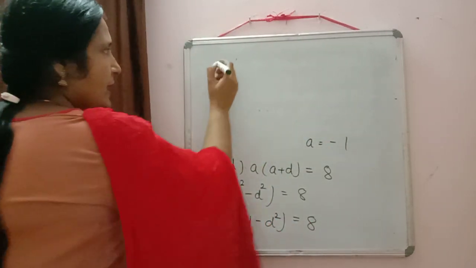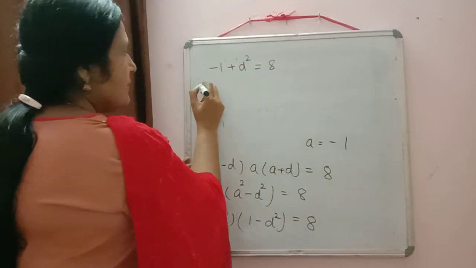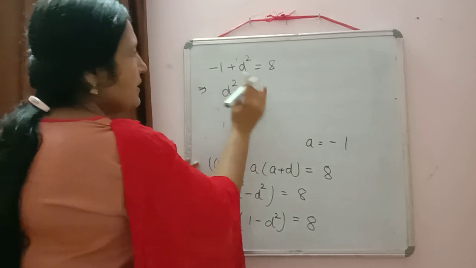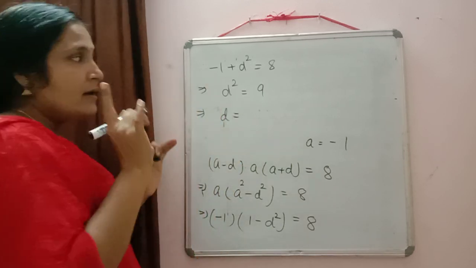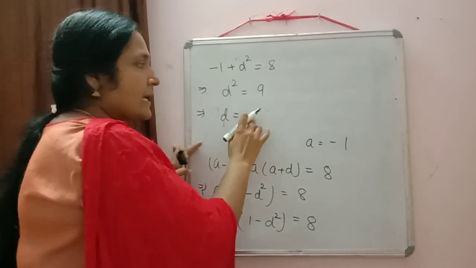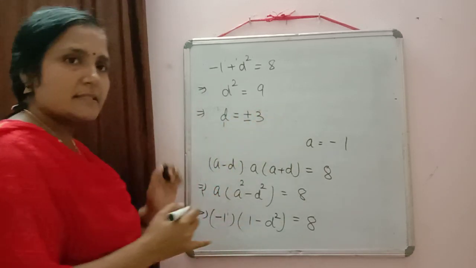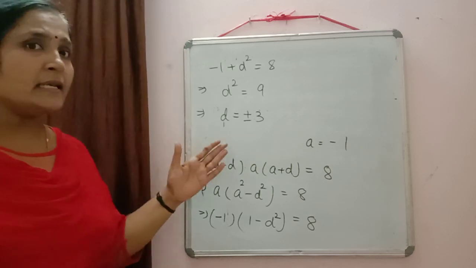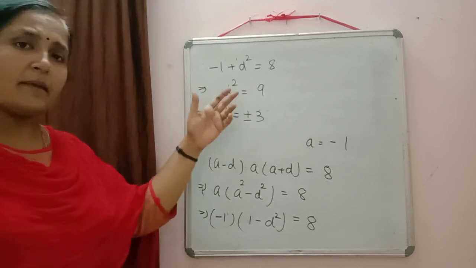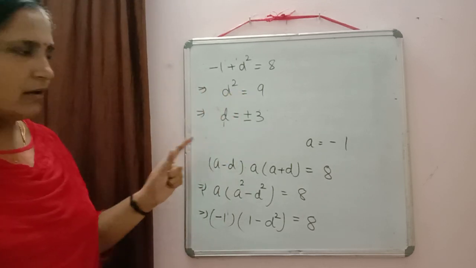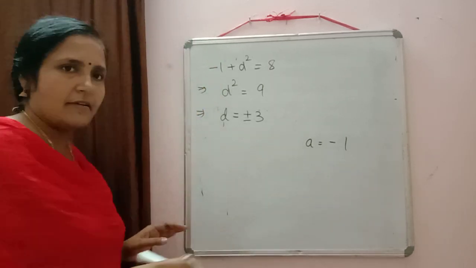So it will be equal to -1 plus D square is equal to 8, or D square is equal to 8 plus 1, 9. So D is equal to... now here normally students will make the mistake that they will write only 3 here. No, you have to write both the values, plus or minus 3. You can write only 3 when you haven't studied negative integers. Now we know 3 square is also 9 and minus 3 square is also 9. So whenever you are finding the square root, always write down both the numbers, positive and negative.